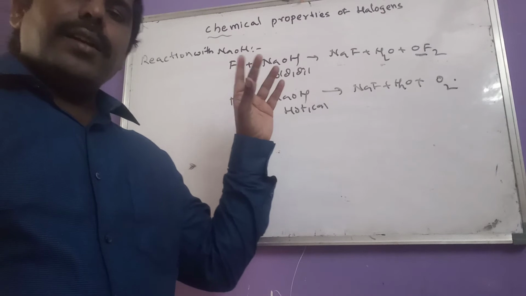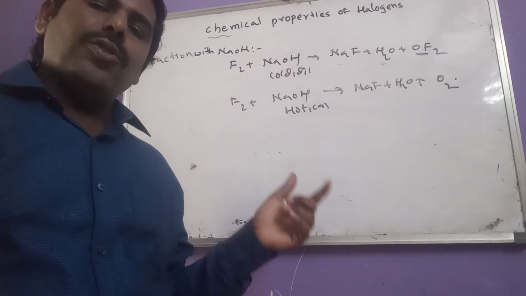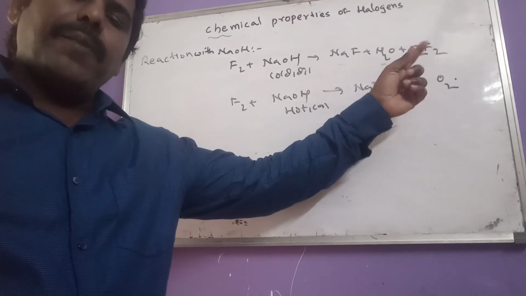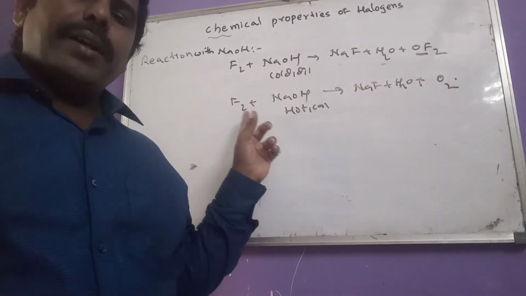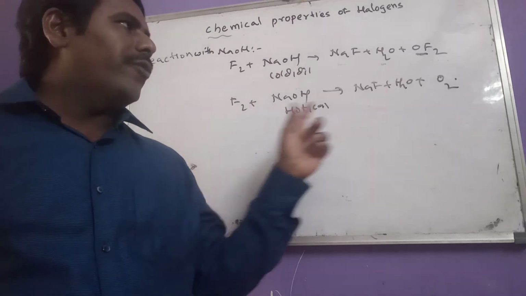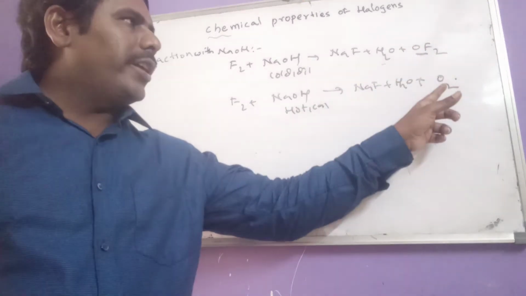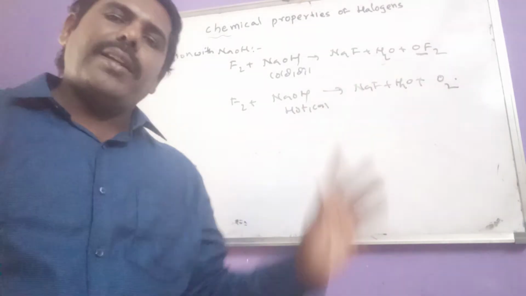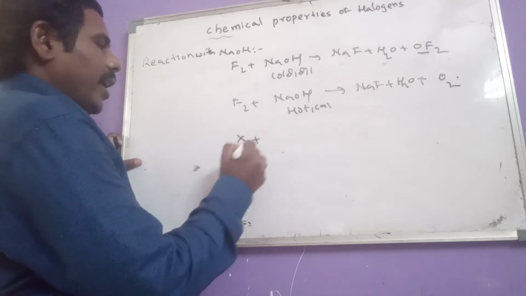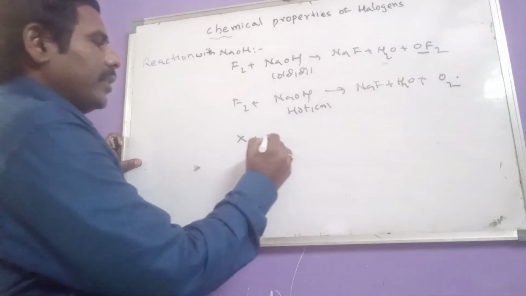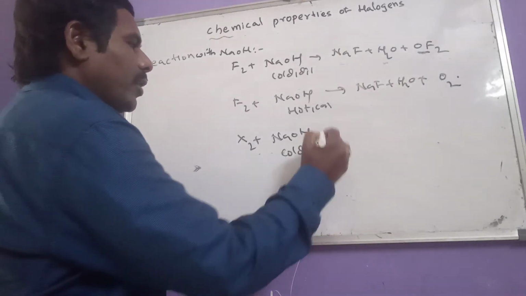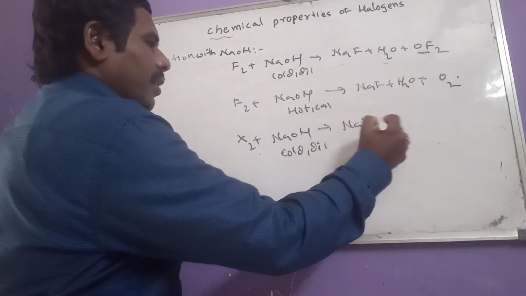So fluorine when treated with cold and dilute NaOH, what is the major product? The main product here is OF2. But when fluorine reacts with hot and concentrated NaOH, instead of OF2 we get oxygen gas. And coming to the other halogens, except fluorine, when treated with cold dilute NaOH, the products are